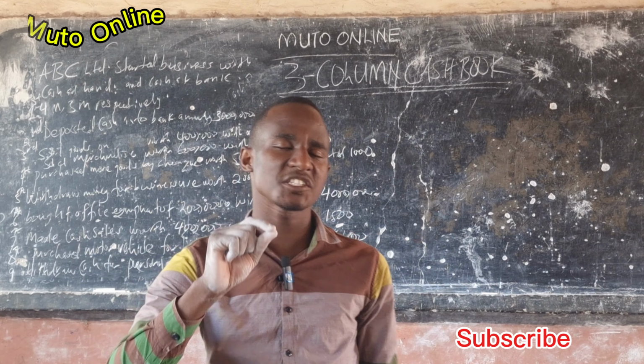A 3-column cash book. I'm going to draw it here. So for the 3-column cash book, remember, we are starting with the heading. It is ABC Limited, 3-column cash book,